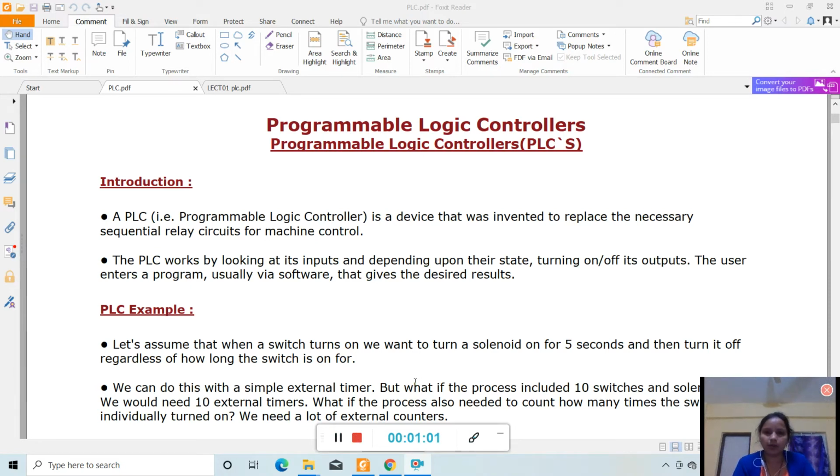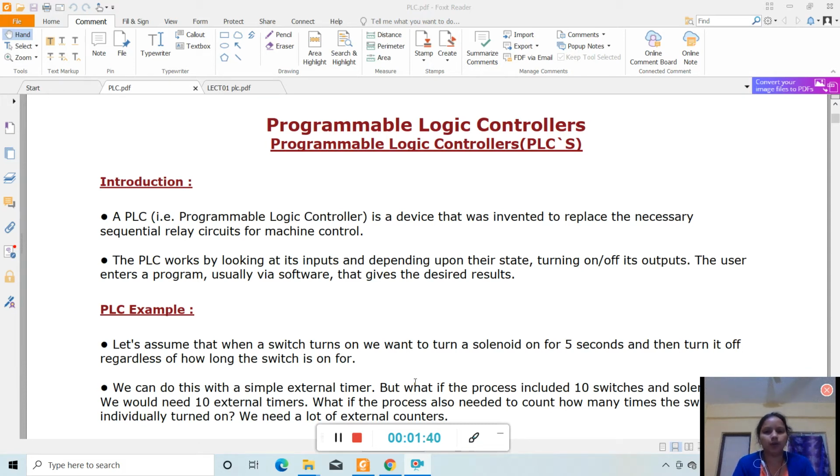So let's take a water tank. The water tank has a level of 70%, but our requirement is to maintain the water level at 50%. In this tank there is one inlet pipe and another outlet pipe, and in the inlet pipe there is one valve, and in the outlet pipe there is also another valve. So to maintain the water level at 50% in the tank, we need to control that inlet valve and outlet valve.